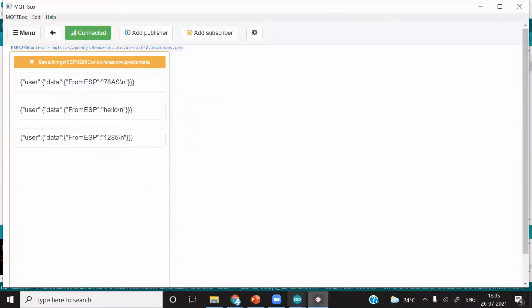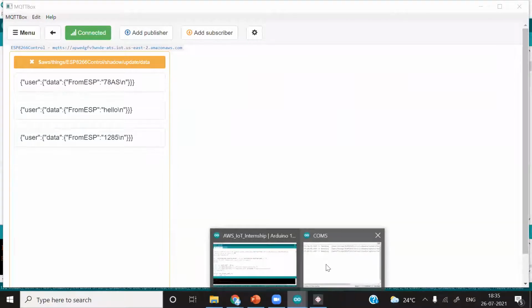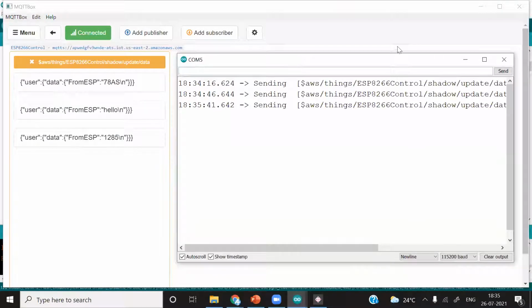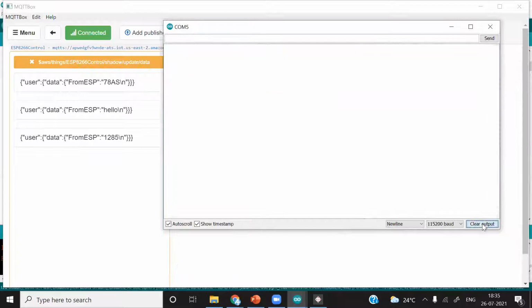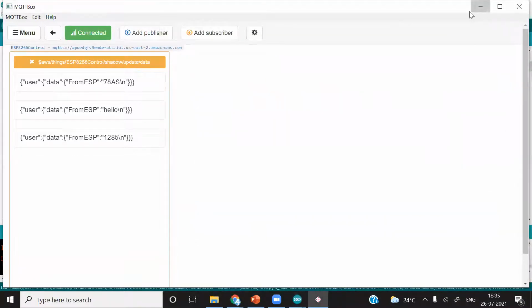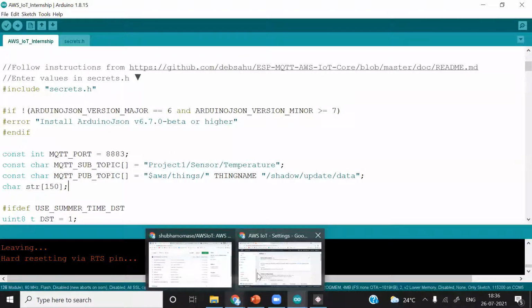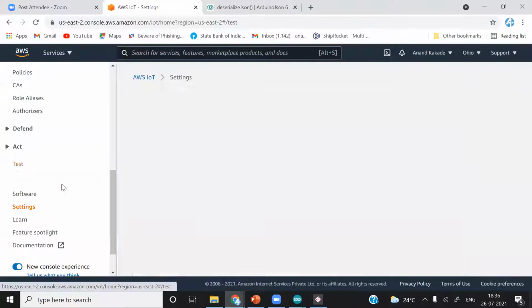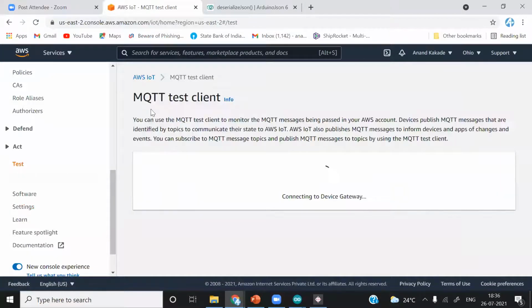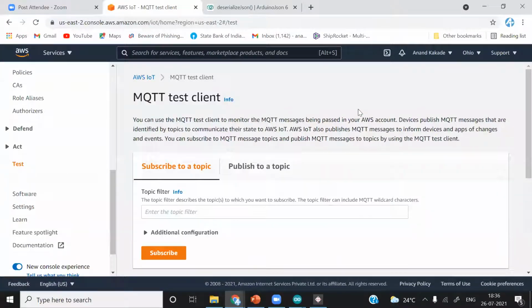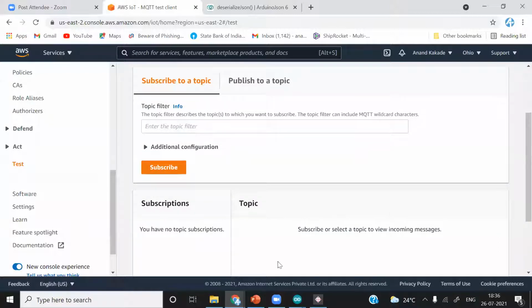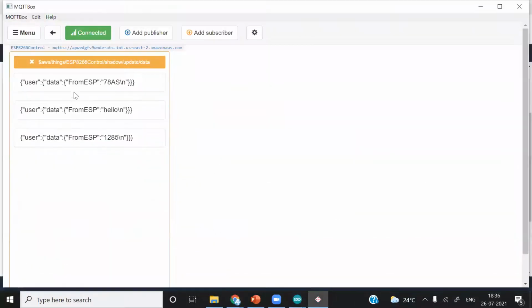Now what we will do? We will send data again from ESP8266. I will just clear it, clear output, and then we will receive the same data into the default client, and the default client is here, this MQTT test client. So we need to subscribe to this particular channel. What we will do?